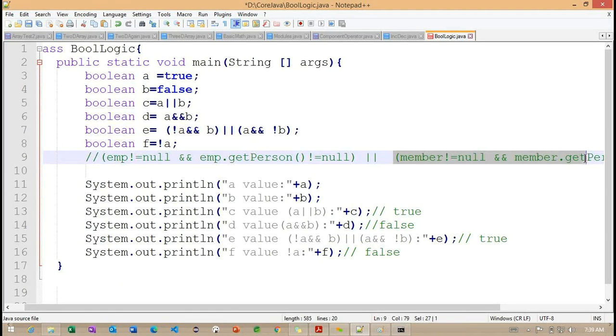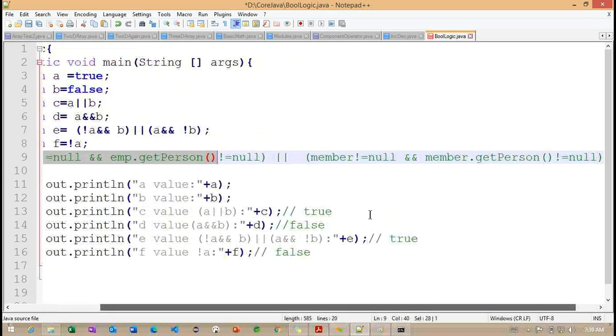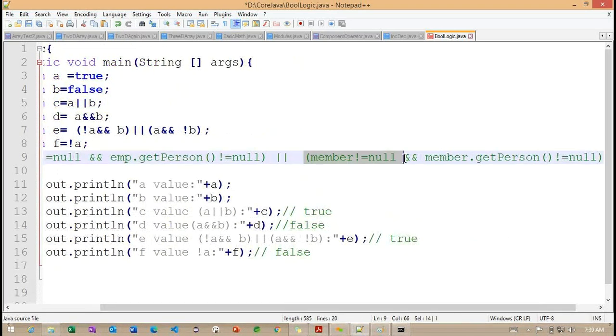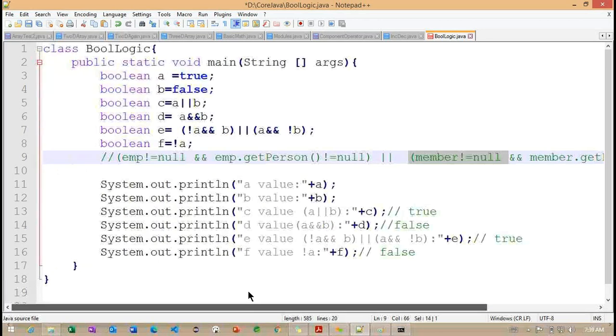If it is returning true, we are not going to load the person from the member. So carefully observe here. Finally, what object do I need? I need a person object here. But what I'm doing here is I'm trying to load from the employee. First I'm checking if this particular person is coming from the employee, I'm not going to check from the member here.